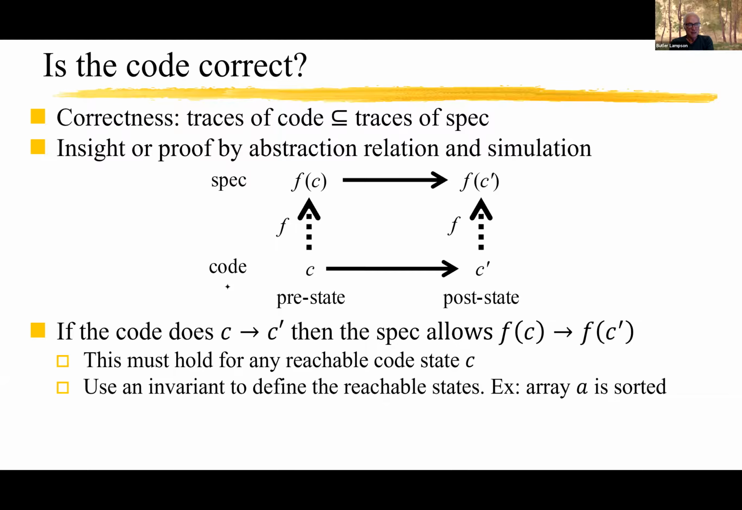So the basic idea for proving that the code traces are a subset of the spec traces, of course, is that it's got to be some sort of induction. And here is the guts of the induction. You show that, looking at the bottom half of this diagram,